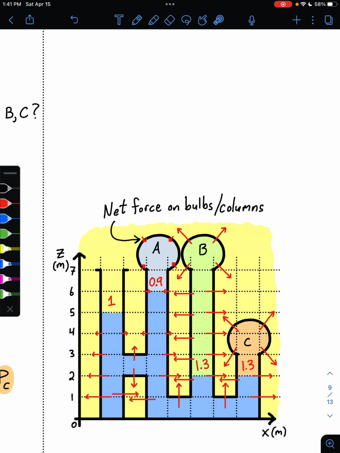So this bulb and C, since it's at the same pressure as B, these 2 bulbs and columns are both in danger of exploding outwards due to the high pressure on the inside versus the relatively low pressure outside. The only section in danger of imploding would be bulb A here, where the pressure is less on the inside than on the outside. So the net force due to pressure on the bulbs and walls is going to be inwards here, trying to crush this bulb if the material is not strong enough to support a higher pressure outside than